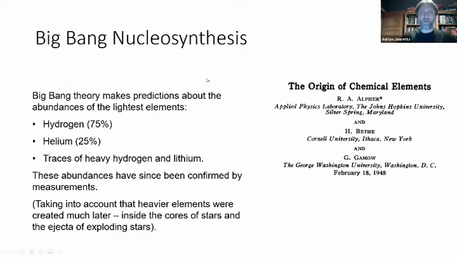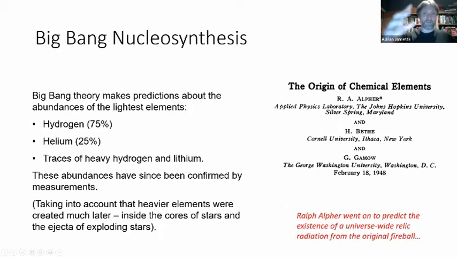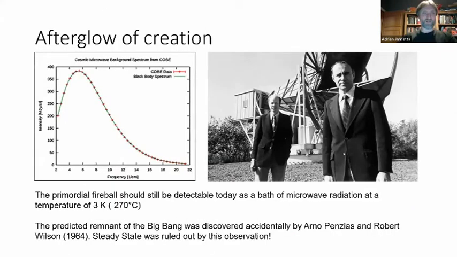Anyway, there you go. Now, Alpher went on to another paper in 1948 where he made a prediction. He said that basically if you've got this hot soup of particles, this big fireball at the start of the universe, that fireball, as it gets diluted by the expansion, should still be visible as a form of radiation which permeates the entire universe. So he wrote a paper about it in 1948. It came just after this one, so you'd think people would be really interested in looking for it, but it went largely unnoticed. So that relic radiation was eventually discovered in the 1960s by these two astronomers here,